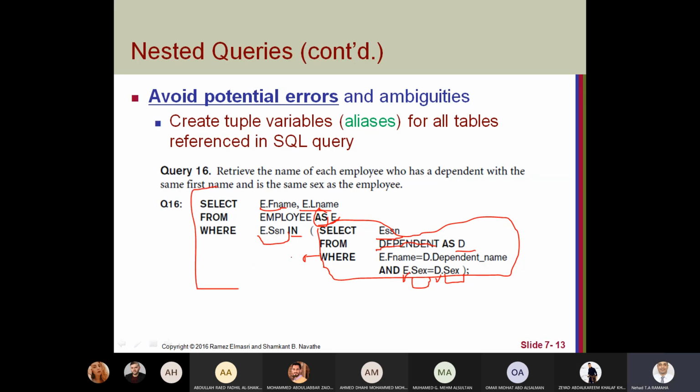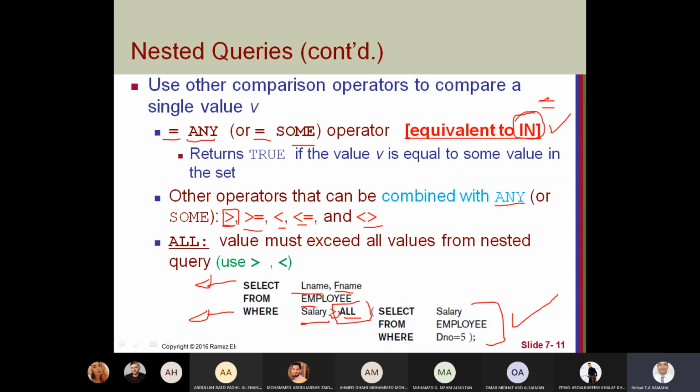In this example, not necessary. Okay, it's a good example for a nested query because we compare one result with a set of results from here. We use a specific keyword, ALL, but when you have IN or equal for comparison, you can combine this nested query into one query.